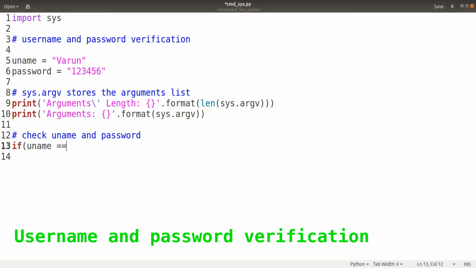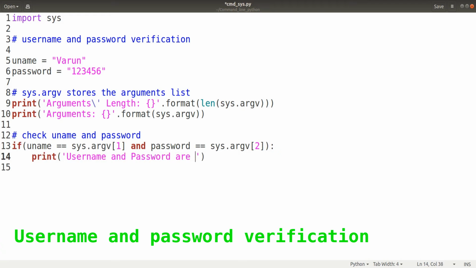We will check if uname is equal to sys.argv of 1 and password equal to sys.argv of 2, then we'll print username and password are valid. Else we'll print username and password are invalid.